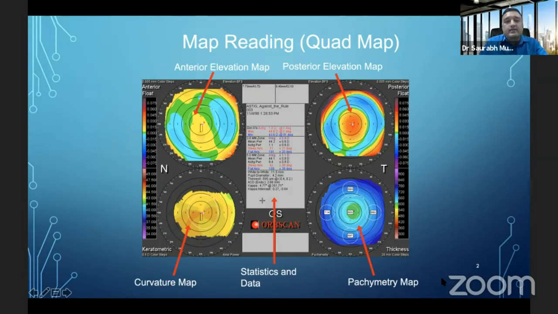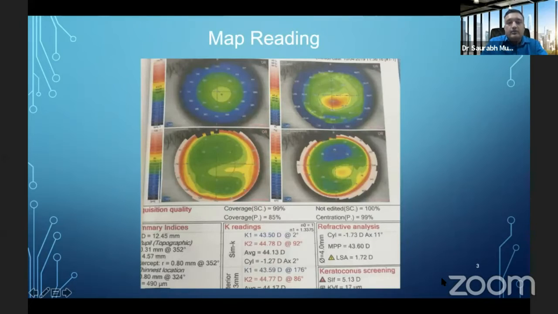All these machines basically give anterior elevation, posterior elevation, the curvature and the pachymetry map and the statistical data. I think the posterior elevation is more of an artificial intelligence derived thing rather than a direct calculation, so one must keep that in mind. It can also be used in toric calculations and deep myopic eyes where you want to do cataract surgery. So these are the two common maps. My center is using this kind of maps, so I'm trying to correlate this. OpScan can be more or less everyone has the same feature.